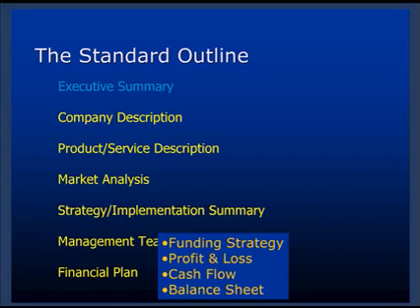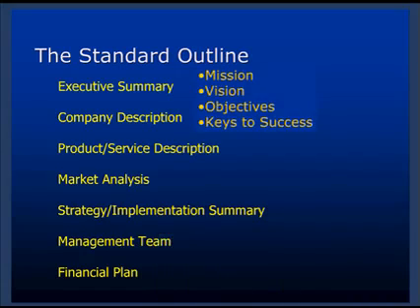And finally, notice that I explained this one last, although it appears first in the plan. Because you often write it last, your executive summary will outline mission, vision, objectives, and keys to success. Some people ask, between mission and vision, mission is what your business is doing for its customers, for its employees, and for its owners. Vision, on the other hand, is what your company will be doing, where it will be, and what it will look like 3 to 5 years from now, where you want to go.